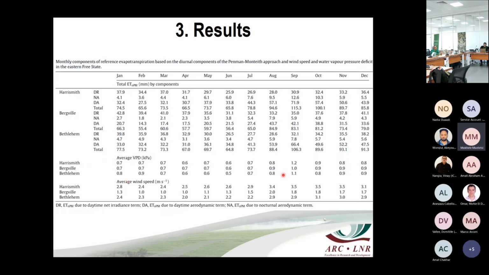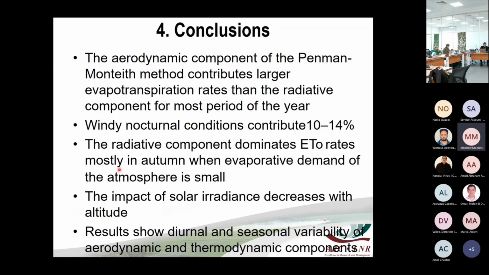Most importantly, the average wind speed at Bergville, which is at a lower altitude, is relatively lower than that of these two stations in the Free State. Hence, the aerodynamic component here is more or less similar to the thermodynamic component in terms of contribution to ET0. Just in conclusion, the aerodynamic component of the Penman-Monteith equation therefore contributes